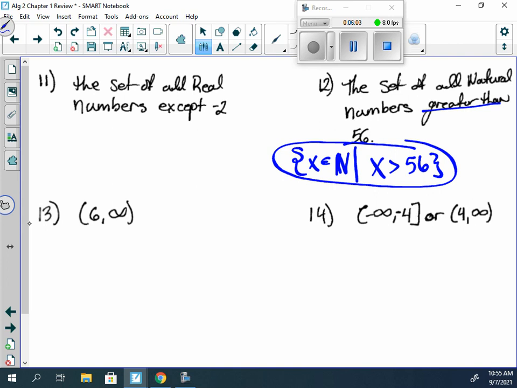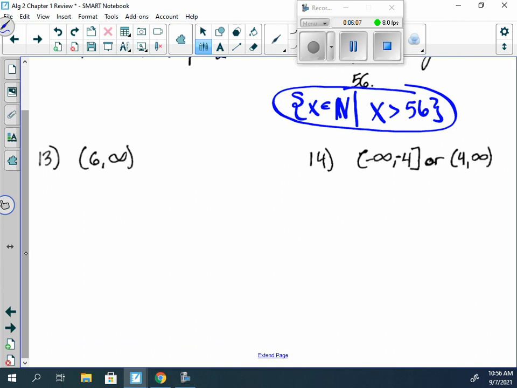So what's the inequality, or the interval? This is the interval notation, 6, infinity, yes? So how would I write that as an inequality? X is what? X is greater than 6 because we're talking about all the numbers greater than 6. So the set builder notation would be for all real numbers x such that x is